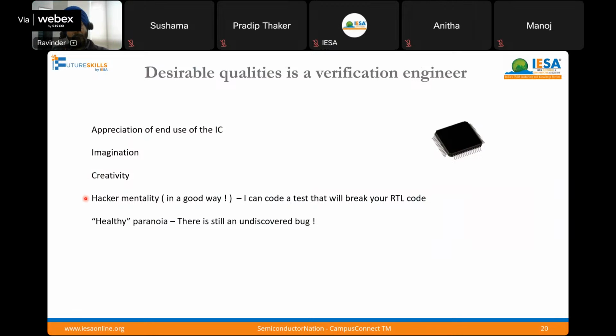Hacker mentality, so in a good way. This quality is very important: to actually have a mindset that no matter how good your RTL is, I can find a way to break it. I can do a test that will expose a bug in your RTL. So this is the mentality that is needed